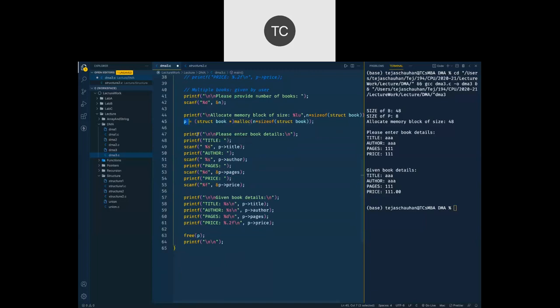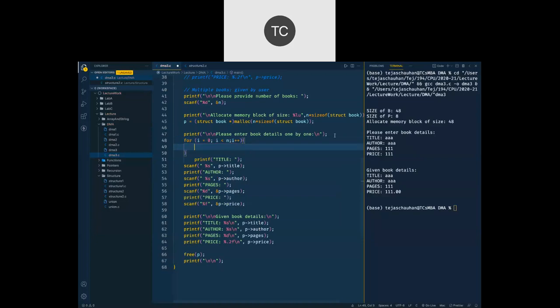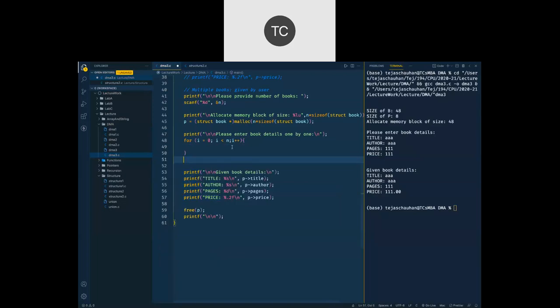So what we will need here, we need to go for please enter book details one by one. We are going to take multiple book details, and for that we are going to write a for loop here. For I equals to 0, I less than n, I plus plus, and you will run your entire loop, and inside that loop you are going to ask user to enter that data.